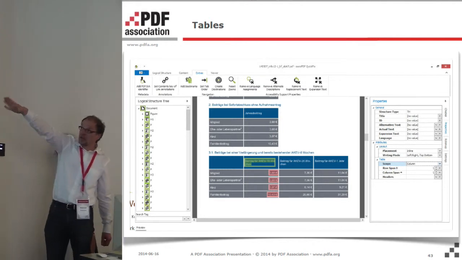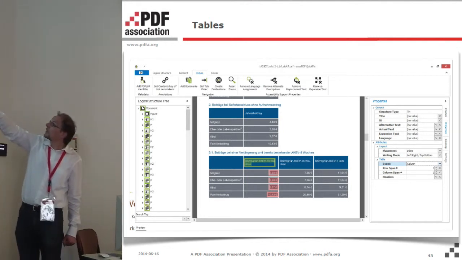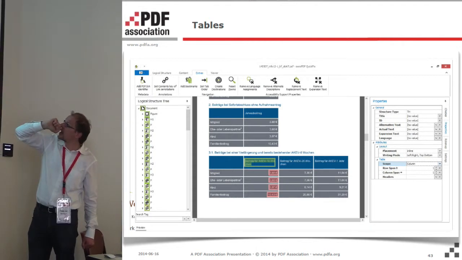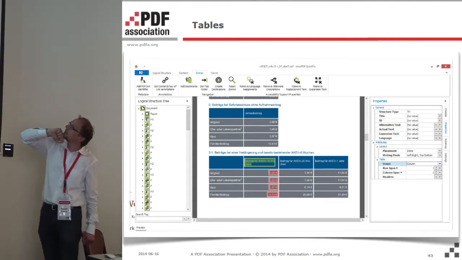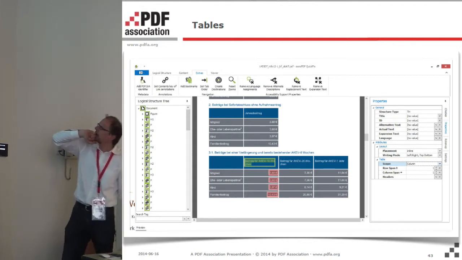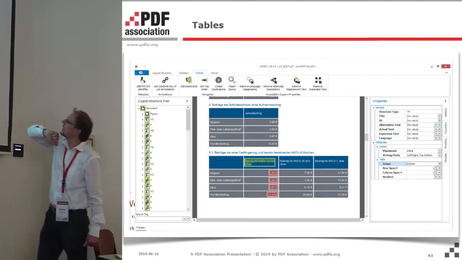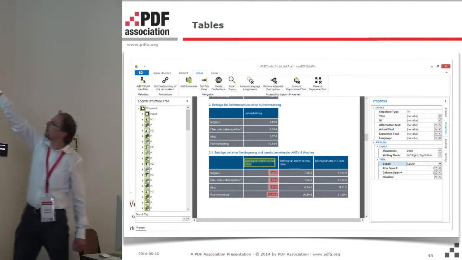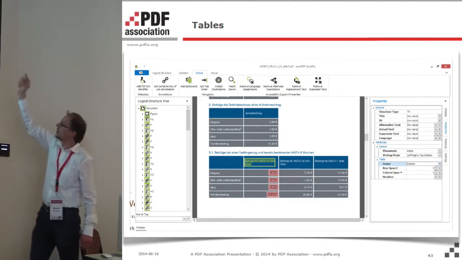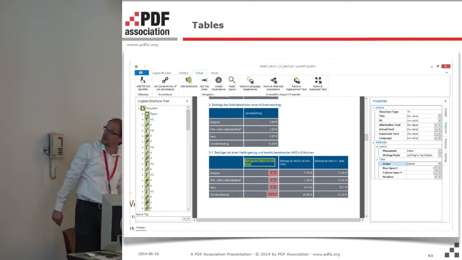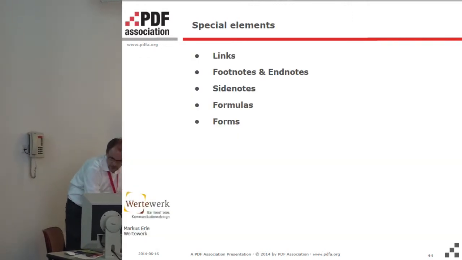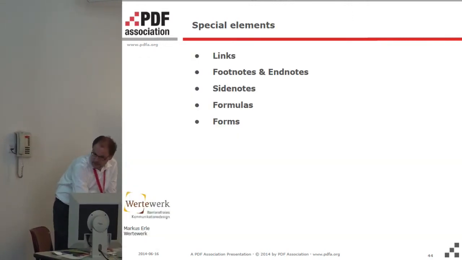And here you can check them by clicking the tag or by clicking an error in the report, and you also can correct them here. Scope column, you can change it to scope row if it's necessary. So these are some short details. There are some special elements